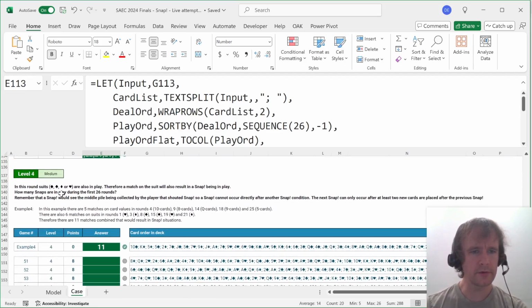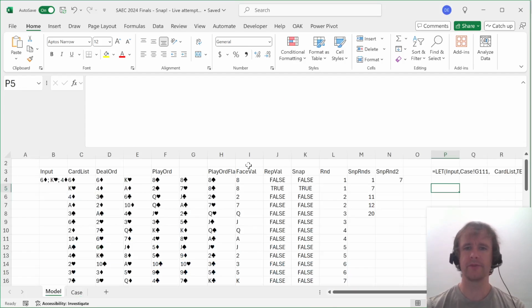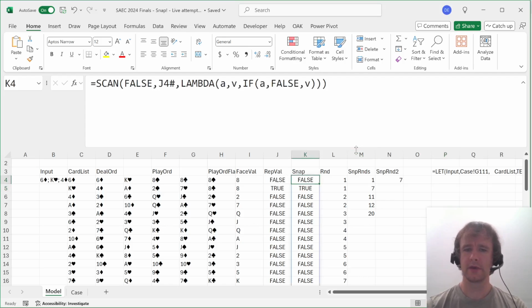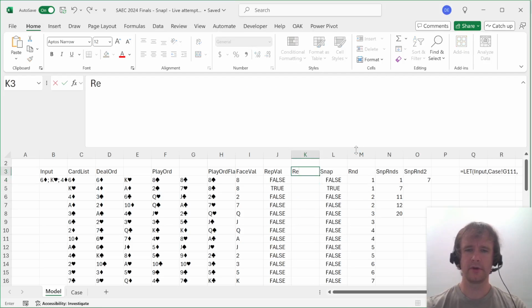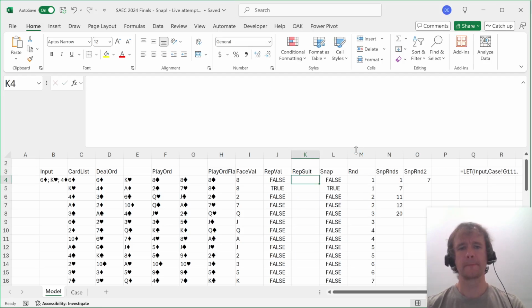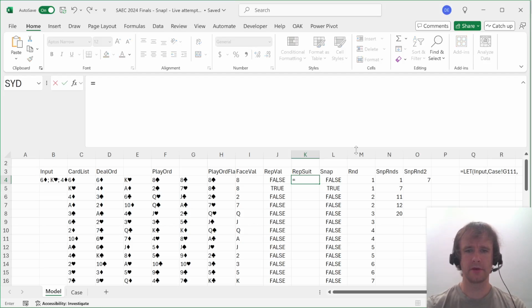In this round, suits are also in play. Therefore, a match on the suit will also result in a snap being in play. How many snaps are in play during the first 26 rounds? Okay, so I guess here I'm going to need rep suit. And that's just going to be right